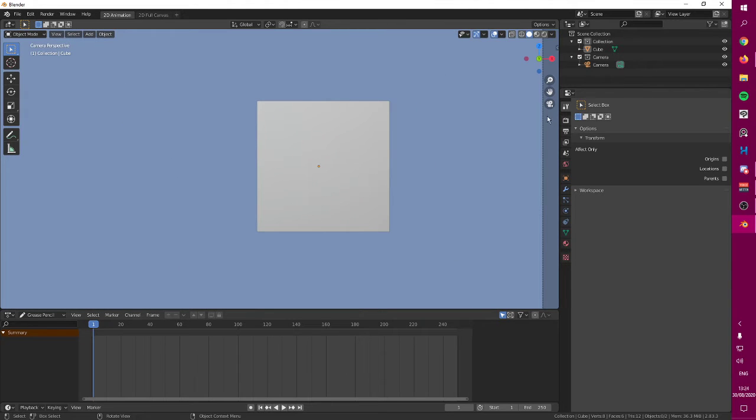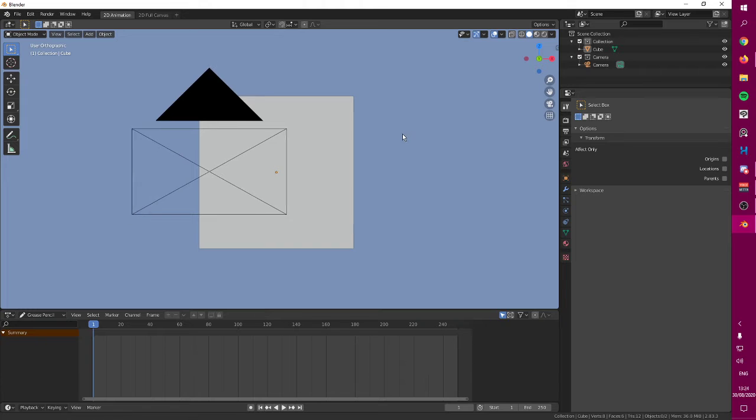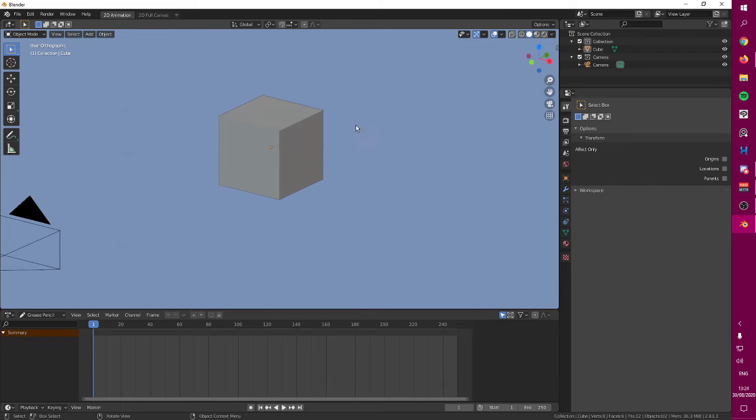So, okay, you can change that by pressing the number 5 or by pressing it here. If you want to go with the grid, you're seeing this grid here. You can disable the grid. You can disable almost everything that you're seeing, like these lines in here, this camera, and this floor grid